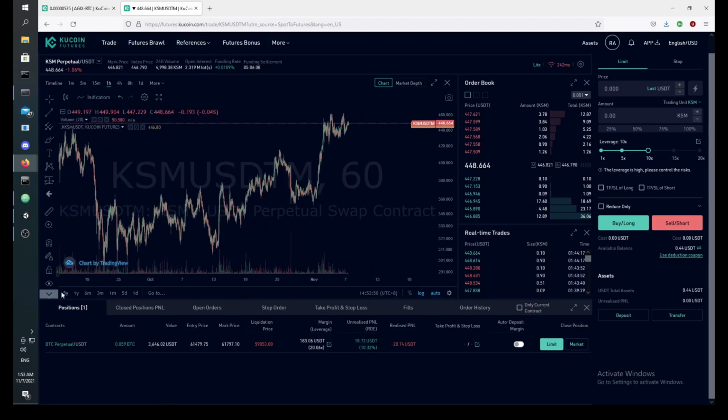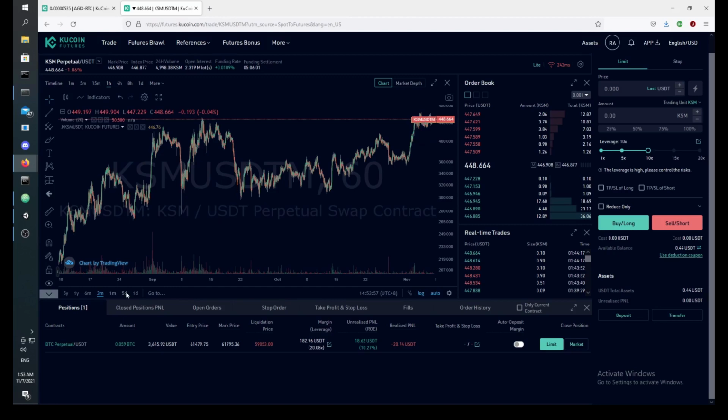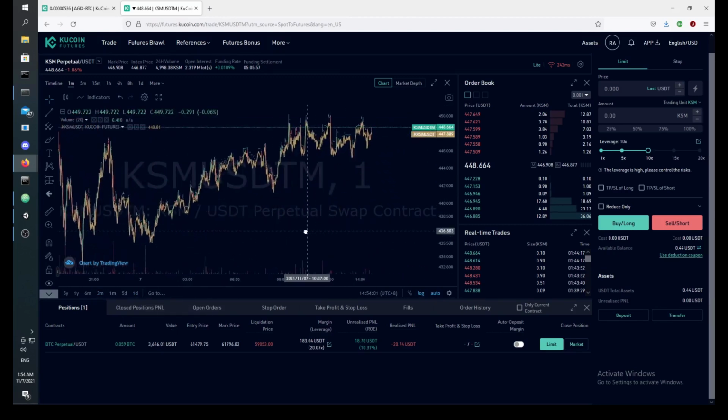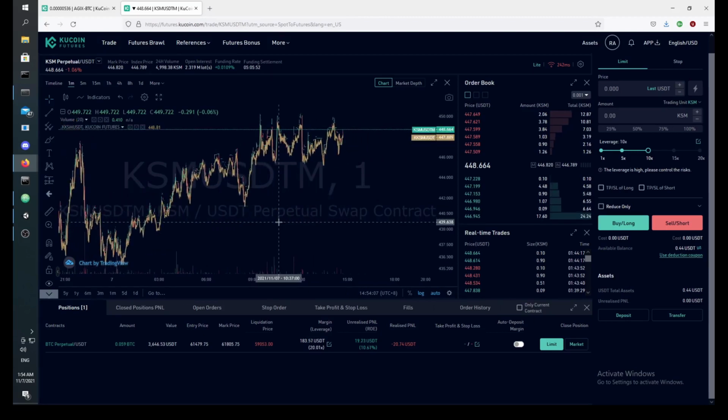So what that means is, and you can look at different timeframes, so this is a 5-year chart, right? We can look at a 3-month chart. We can look at a 1-day chart. And we can start to nail down what we think might happen. So if we think that this coin, KSM, or whatever coin you're interested in, is, with reasonable probability, going to go up, what we can do is say, okay, at the last price that this coin was sold at,